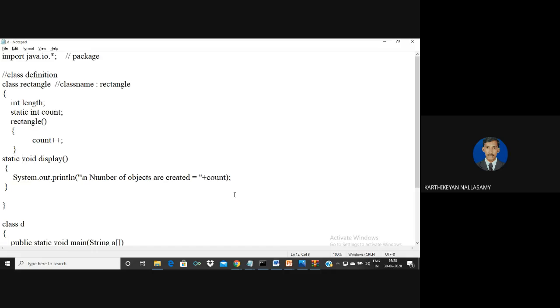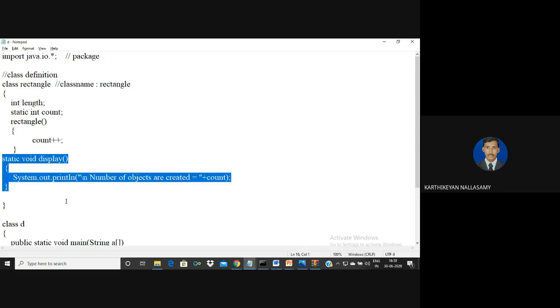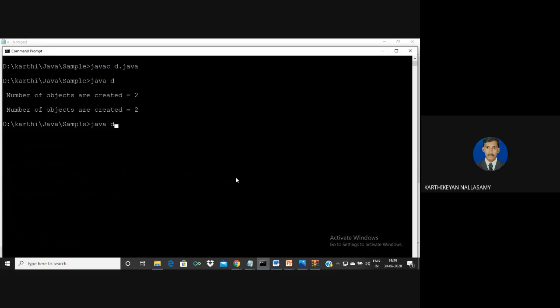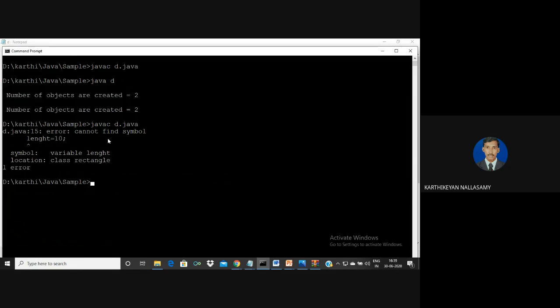But because it is a static method, whenever you define a static method, the static method only processes static variables. It does not process a normal variable, a normal data member. For example, I'm going to use some normal operations here. See, there is an error message, can't find symbol.